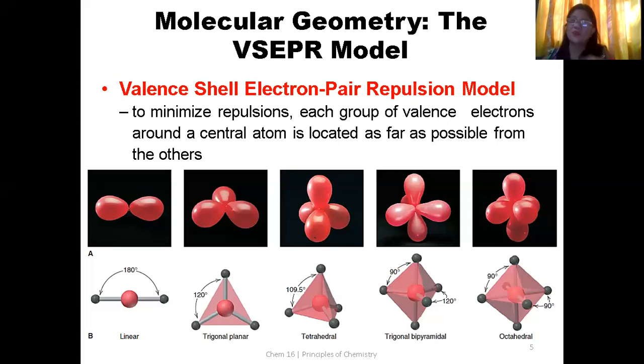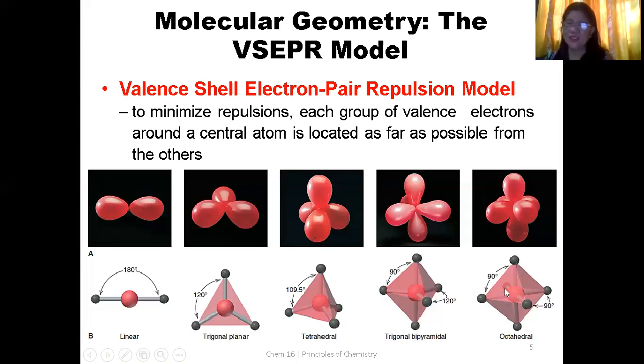If we have it at the center, there are three, and that is 120, 120, 120, 360. And from the end to the center, it's 90 degrees. That's the measurement of its angle, okay? So this is trigonal bipyramidal. This one is octahedral. From the word octa, meaning there will be 8